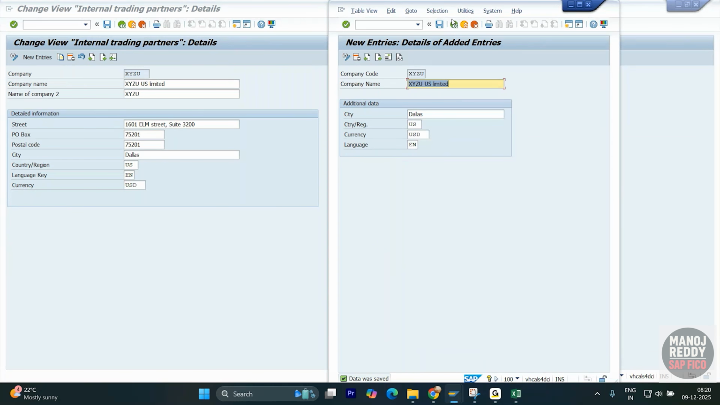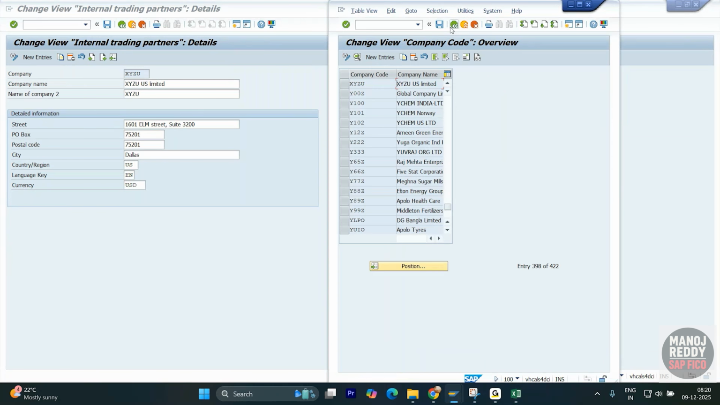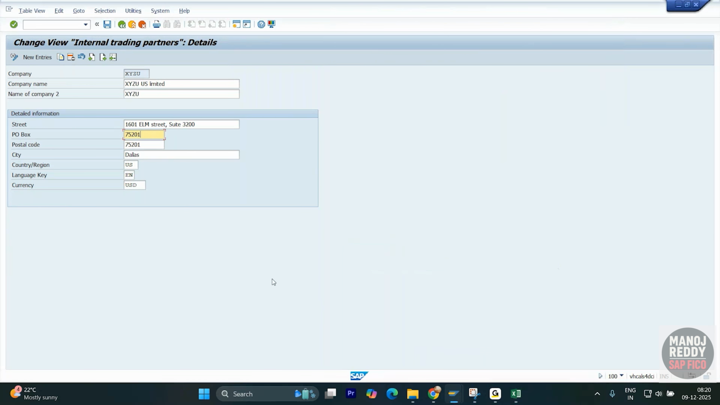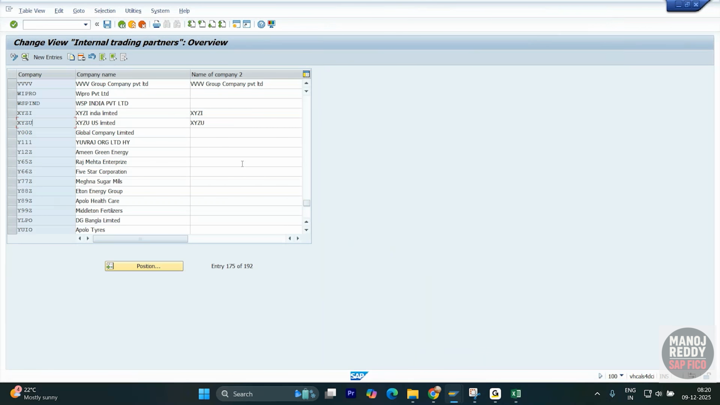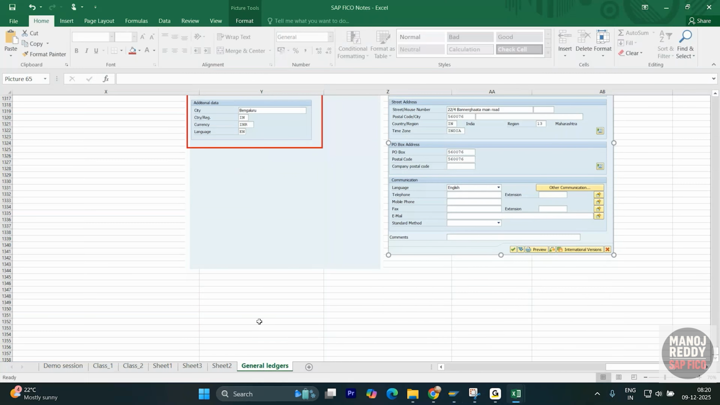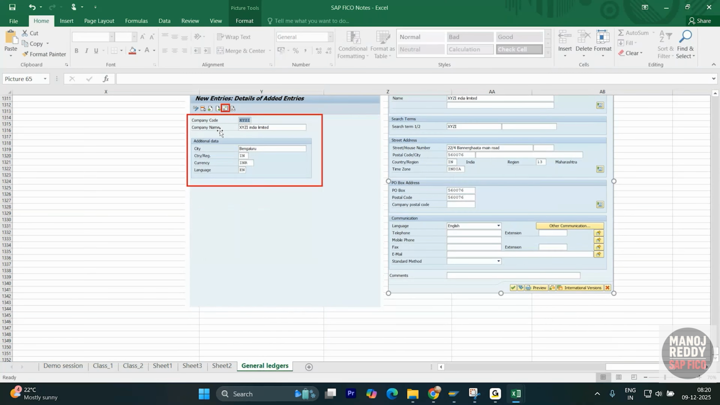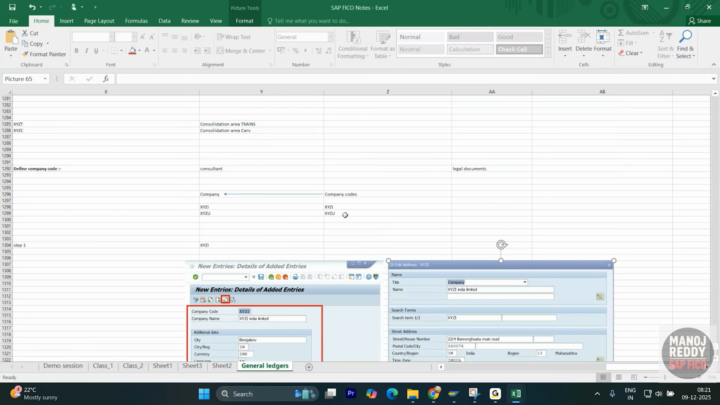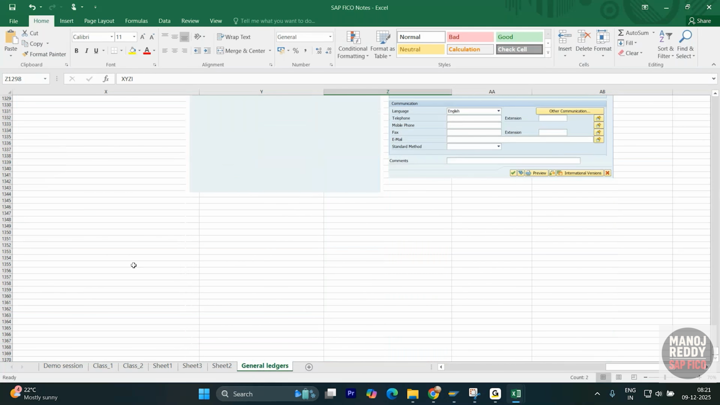Okay, now we have created two company codes. So creation of company codes is done. So we have created two company codes. One is XYZA and XYZU. Now, after that,